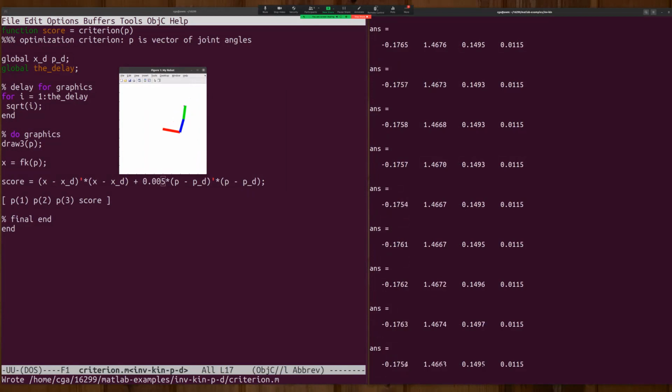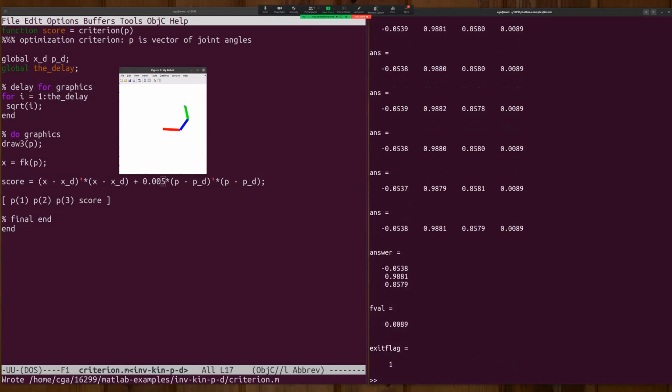Okay, so that's much closer to the target. But notice when I'm penalizing the angles equally, they end up being basically roughly the same. In this case, exactly the same. And I'm much closer to the target, but the elbows are bent much more. Does that make sense? Okay, Sydney votes yes.